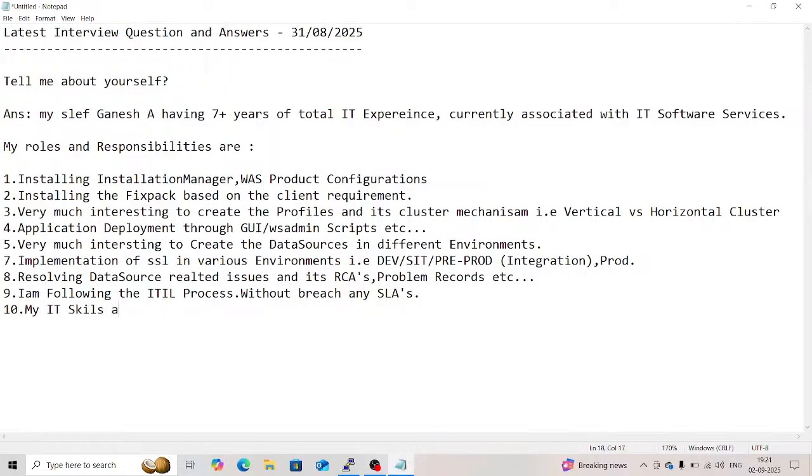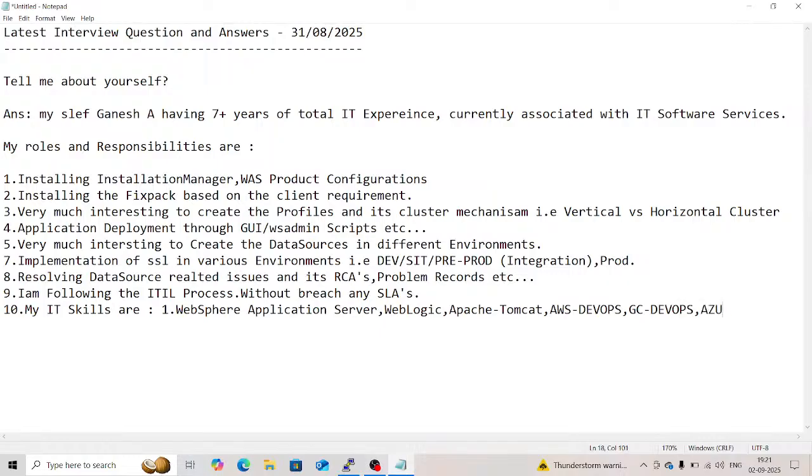My IT skills are: first one, WebSphere Application Server, WebLogic, Apache Tomcat, AWS DevOps, GCP DevOps, Azure DevOps, and CyberArk and cyber security, and .NET. This is my primary technology, and ASP.NET,